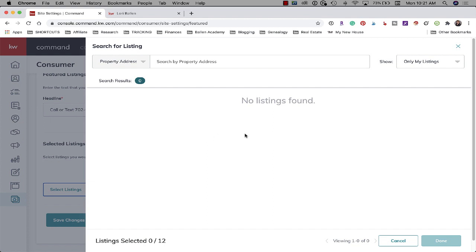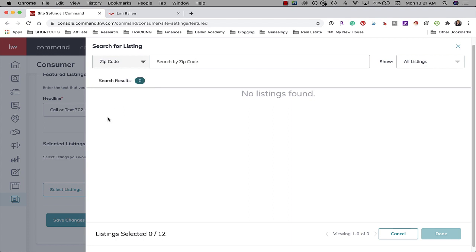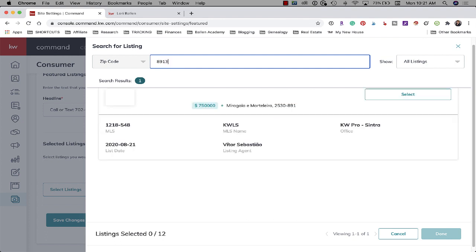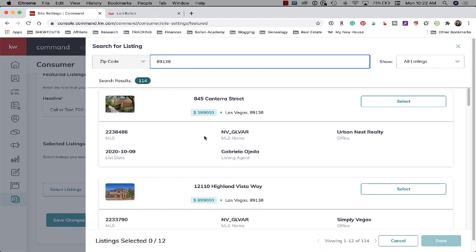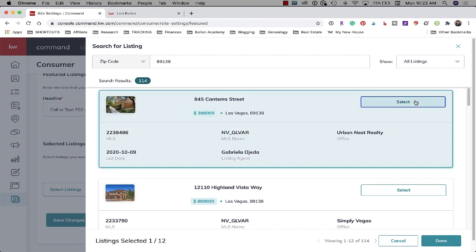In my case, my listings are all in my team members' names, so I would have to look up my team members to display their listings. But I'm going to go to all listings, and then up here, property address, MLS number, city, or zip code. Let's go to zip code. Let's say I really am specializing in one particular zip code. I'm going to put in that zip code, and then I can display listings that are in that specific zip code simply by clicking select,